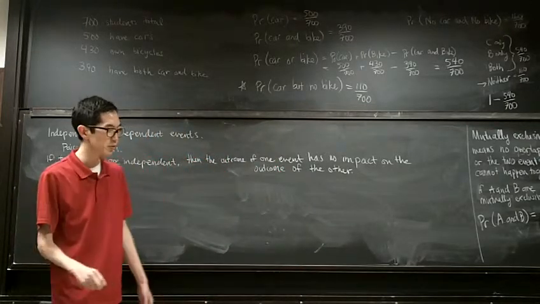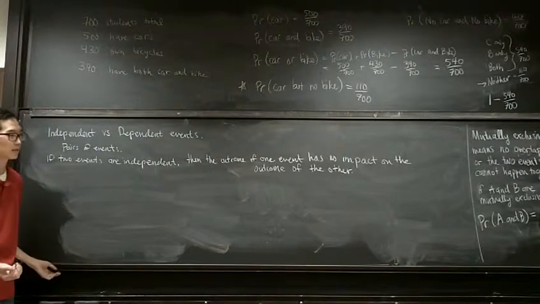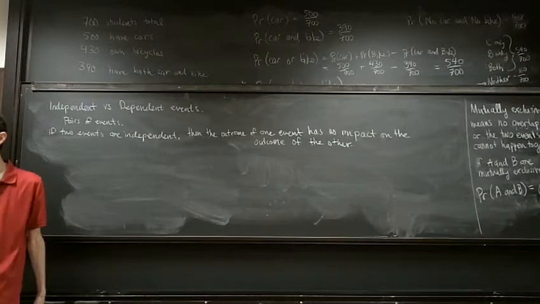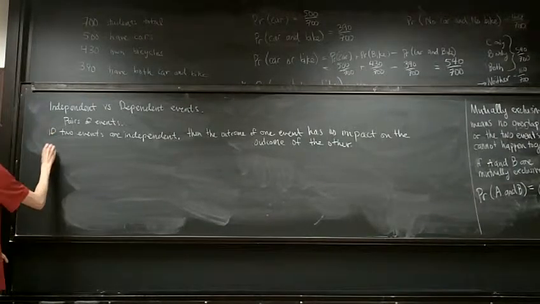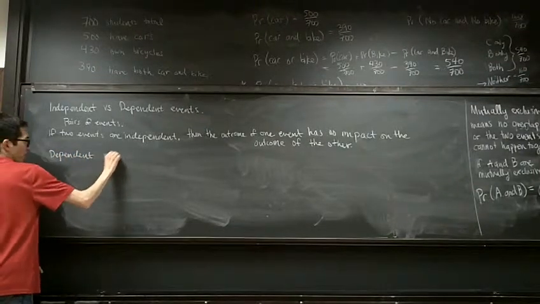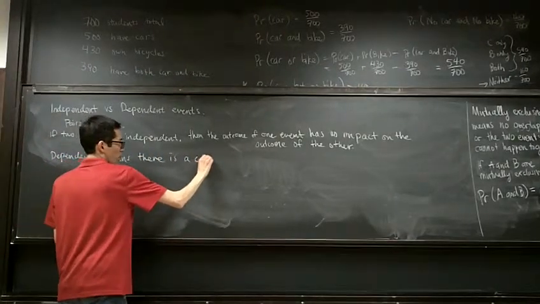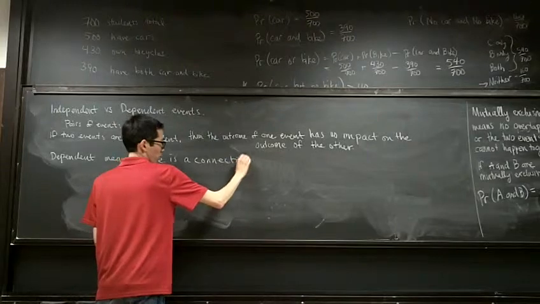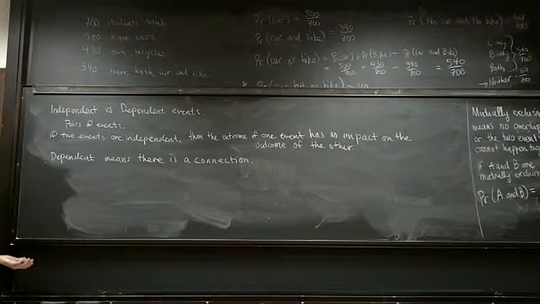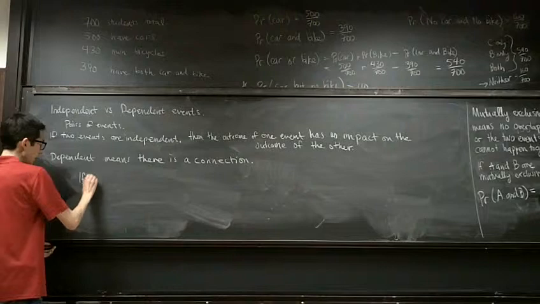And dependent events means that there is some kind of connection. Not necessarily a cause and effect connection, but just that there is a connection between the two events. Alright. How do we know independent events from dependent events? Okay. If they are independent,